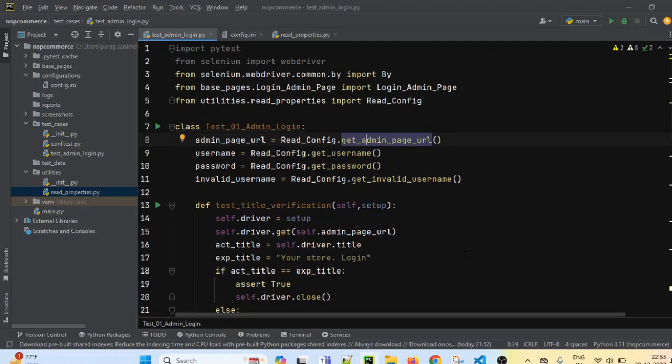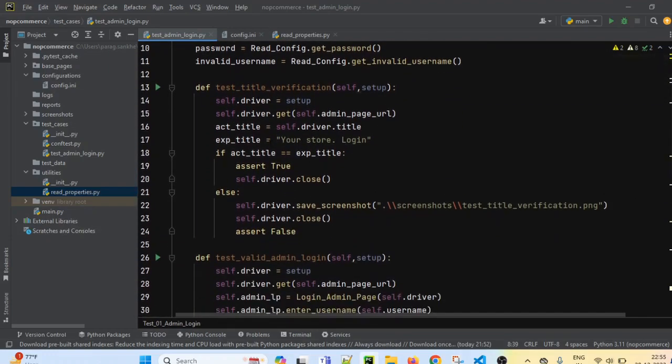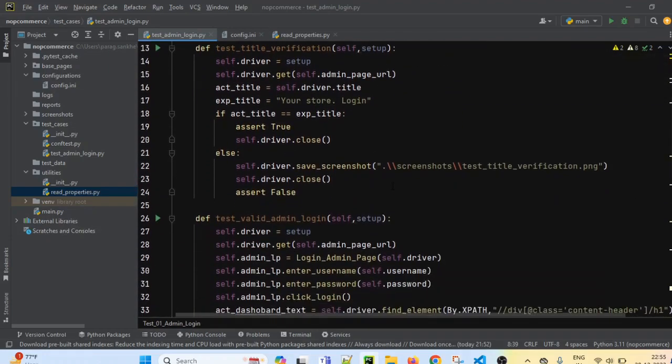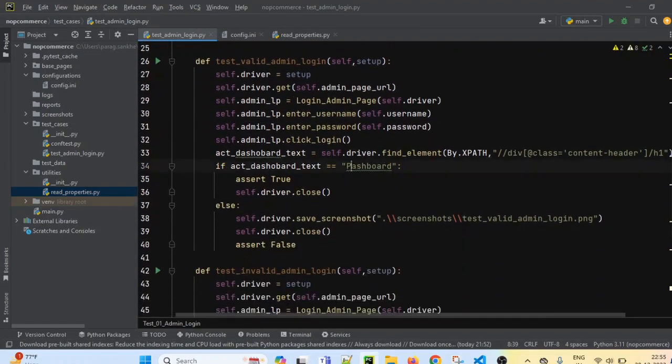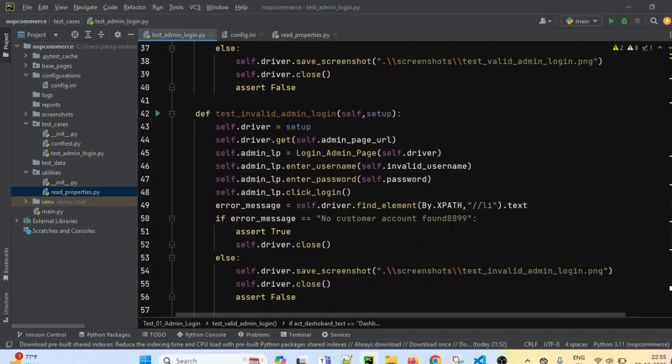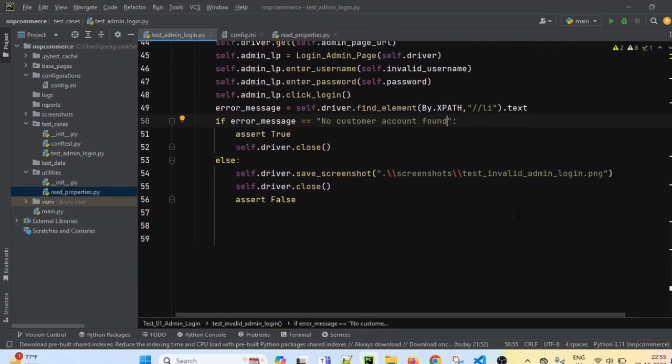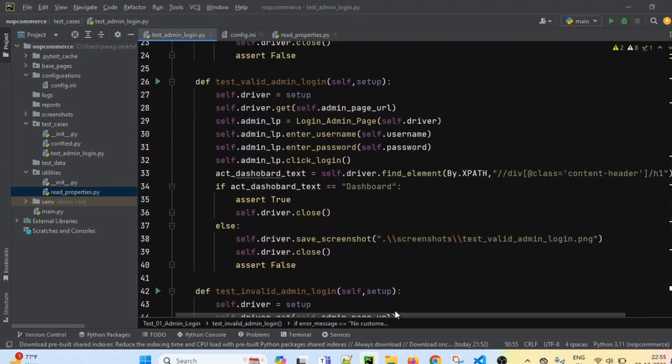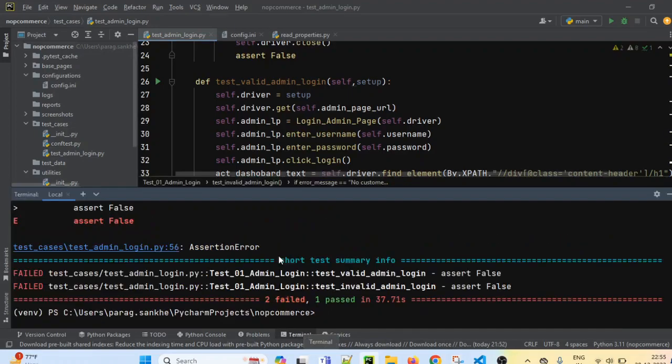And now let's execute this file and run these test cases. But before running these test cases, I think in the last session we changed some of the data. If you see, here we have to keep it as dashboard. Here also we had added some random data, so I am just removing it. So now all the test cases will pass. So let's execute these test cases. How to execute it? Let's go to the terminal.